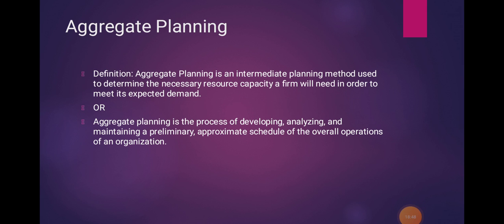So, in short, aggregate planning is considered to be intermediate term in nature. Most aggregate plans cover a period of 2 to 18 months. Aggregate plans serve as a foundation for future short range planning, such as production scheduling, sequencing, and loading. The master production schedule used in material requirement planning has been described as an aggregate plan. Steps in aggregate planning we will see in the next lecture. Thank you.